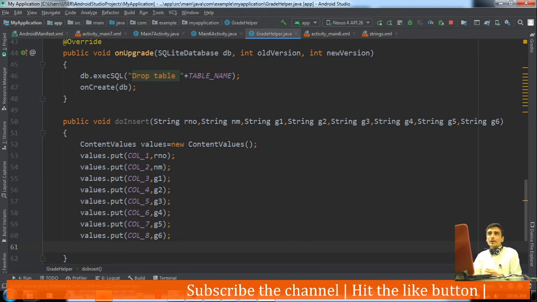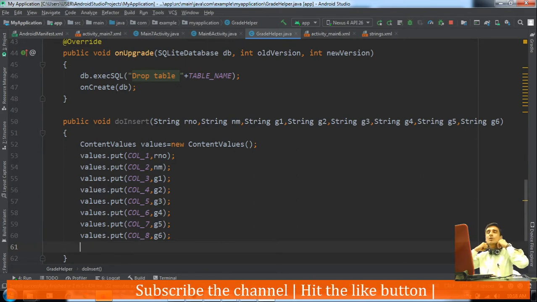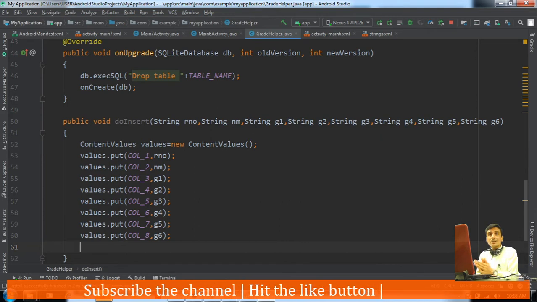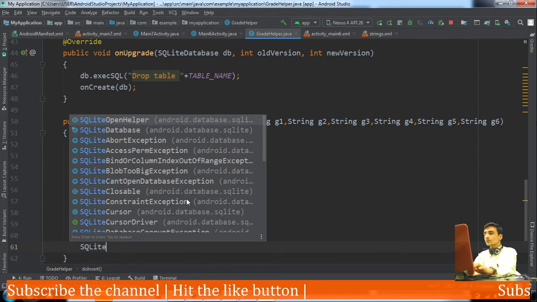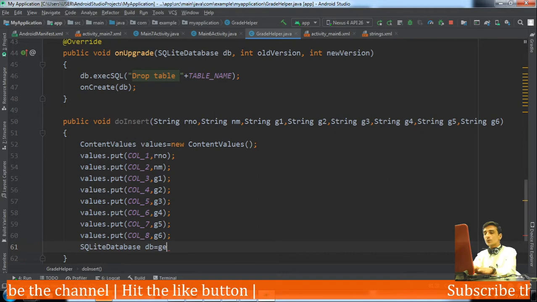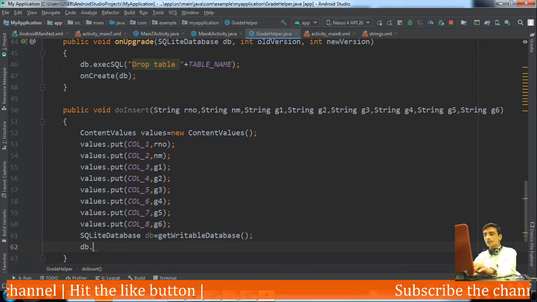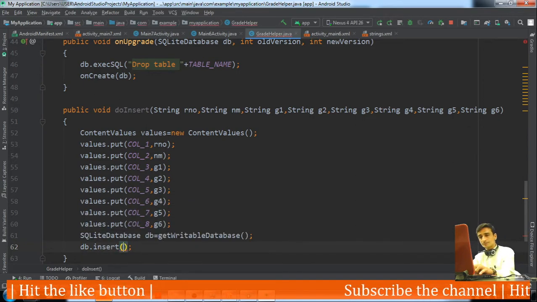While retrieving the object, we should think about what we want to do with it. Here we want to insert using that object. In other words, we are making some changes, we are writing data, so we need a writable version of the database object. Okay, db is equal to getWritableDatabase. And by using that object we will insert the record.